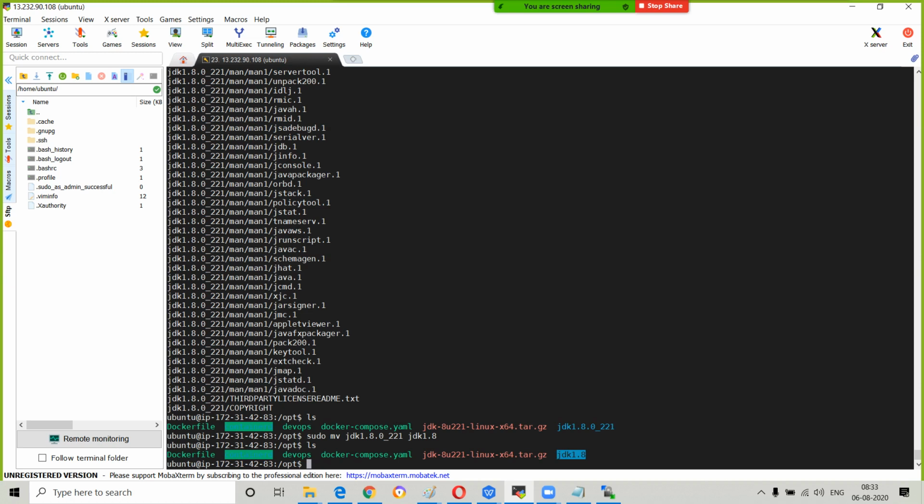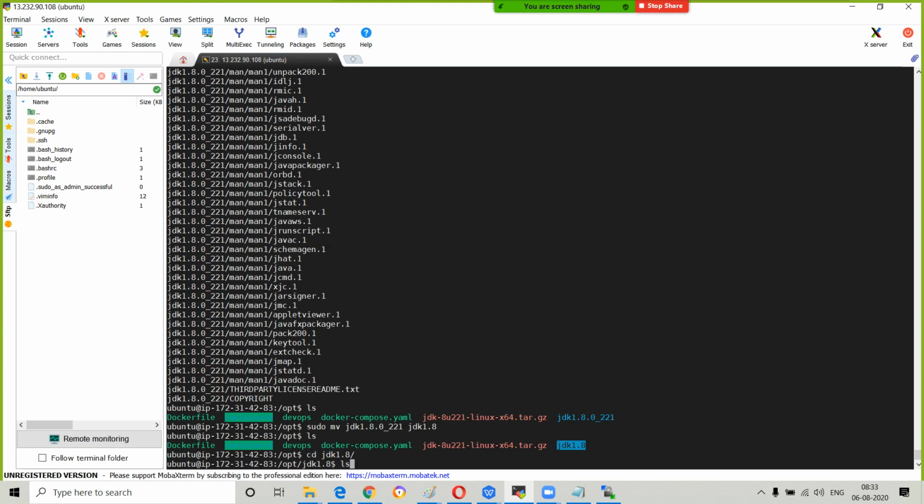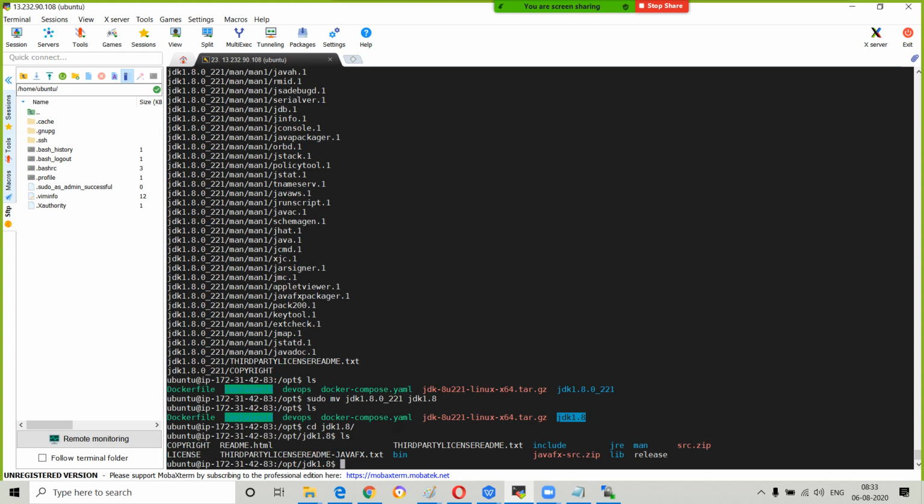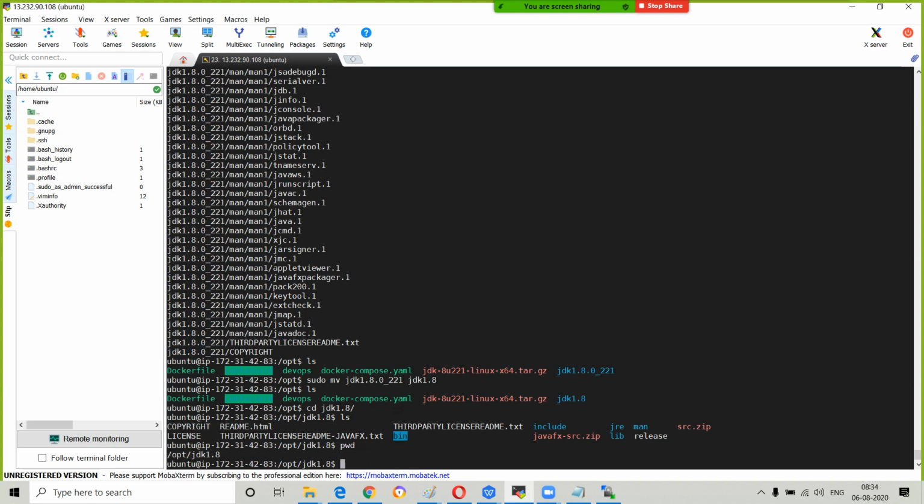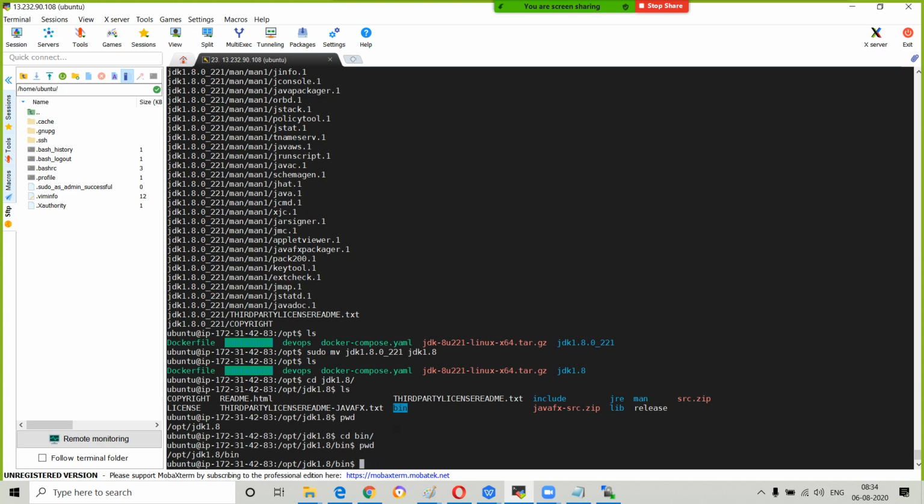Now next, you have to set up the environment variable. Go inside the jdk 1.8 and copy this one. Similarly, see what files are available in Windows. Bin is present. One path I have to take from pwd, and the second path from the bin path. This thing we have already done in Windows, guys. The first is this path, and the second path is this one.